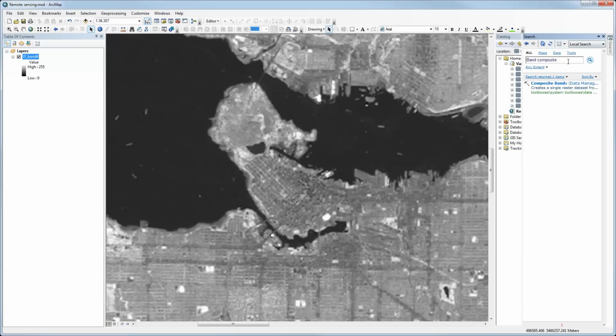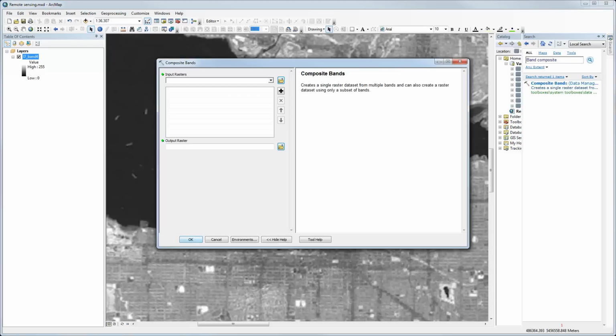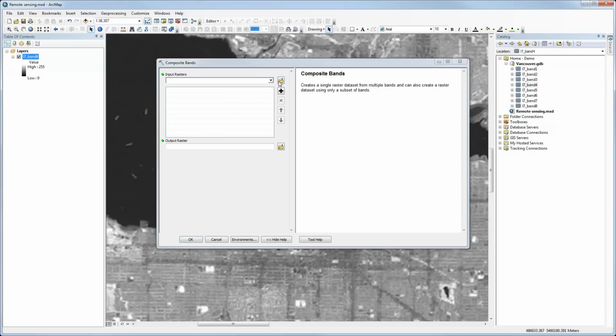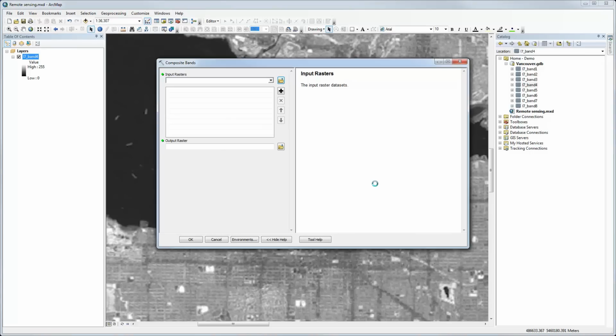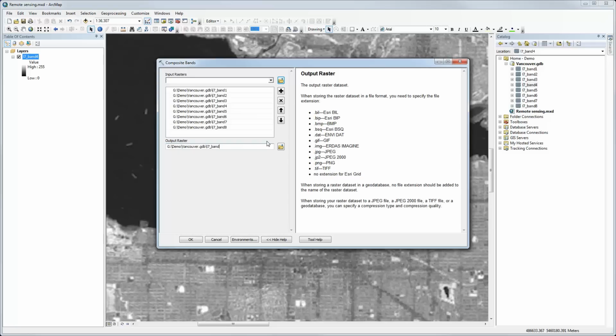If I just search for band composite here, you'll see that I get Composite Bands is the name of the tool, and I can browse to my data set, and if I wanted to, which I'll do here, I can add all 8 bands. And what I'm going to do essentially with this is create a new file that stores all of these in a new file format. So sometimes it's easier to work with. I'm going to store this outside of my geodatabase